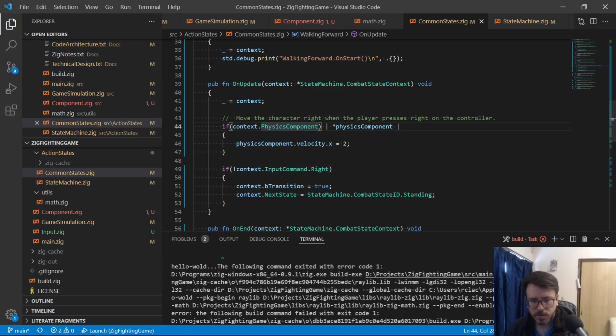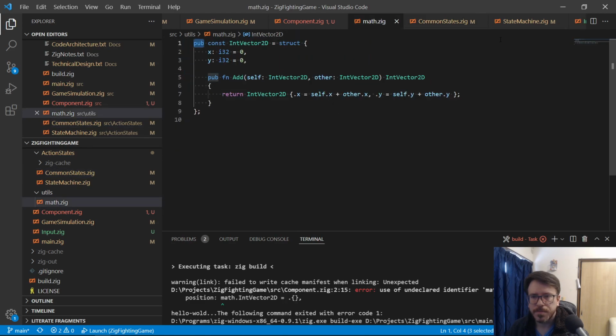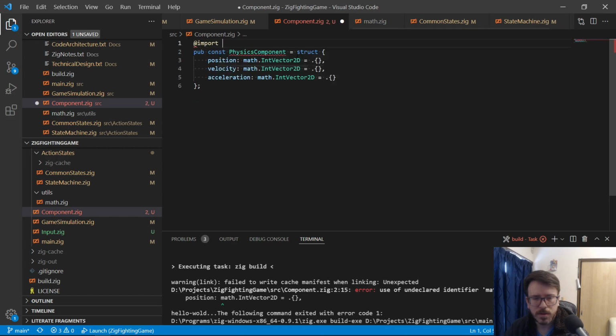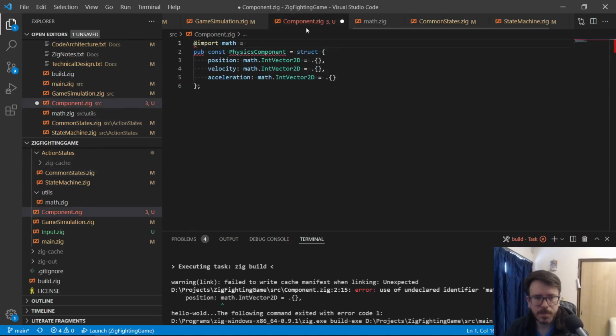No, got an error, of course. It's fine. Use of undeclared identifier math. Oh, I have to include math. Sorry. Oops. That is it. Yeah. Okay. Import math equals. What's the syntax again? Oh. Const math equals import utils slash